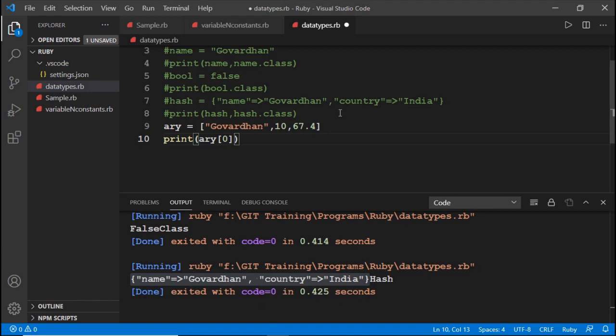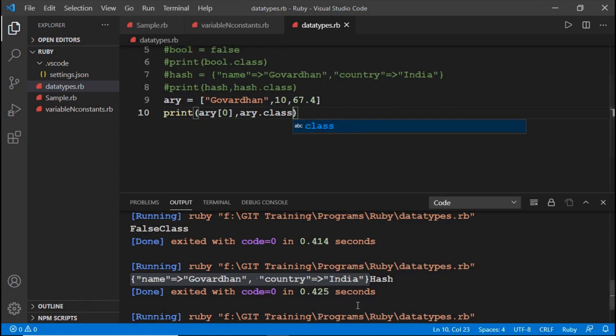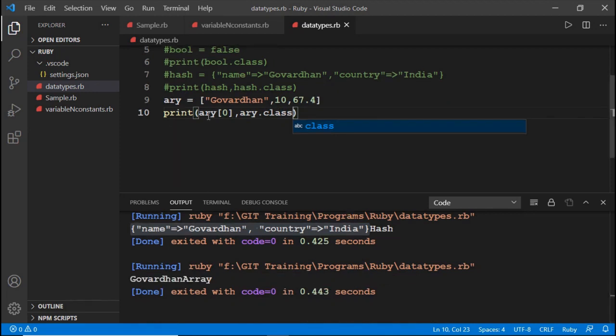And next, let's print the type of variable, that is ary dot class. Run it. See here we print the 0th index element, that is Govardhan, and here the type of variable is Array.